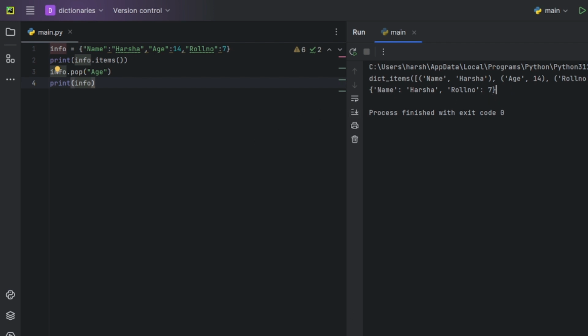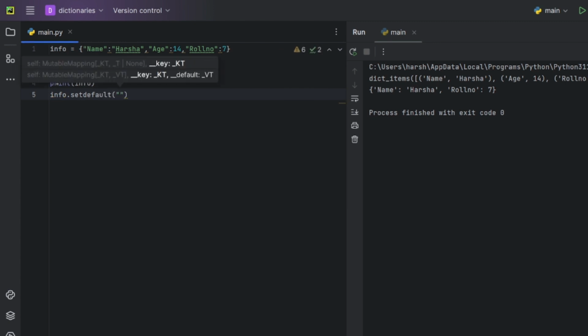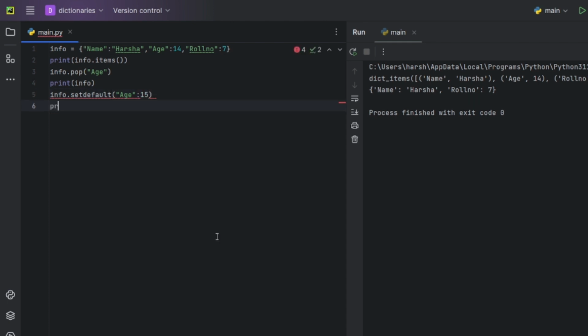Now let's go into the next one. This is the last and final one, which is called setdefault. This is also used to add data to a dictionary, but in an easier way. Now I want to add age again, so I'll be using this method. So info dot setdefault, and in parentheses we need to mention the data to be added. First we need to mention the key and then its value. In this case age, and I will be changing the age just to differentiate. So we'll be adding age over here and then print